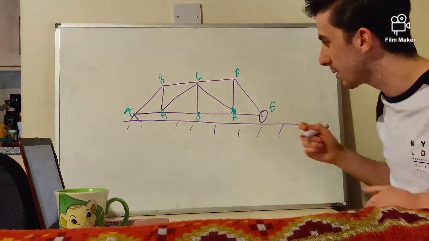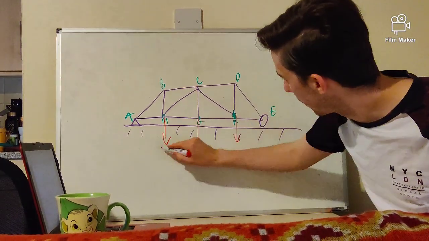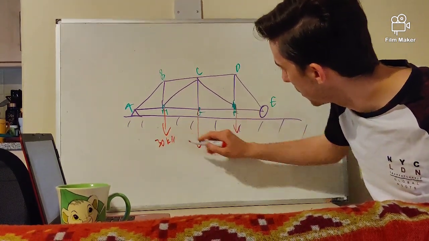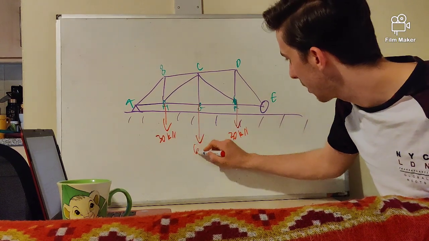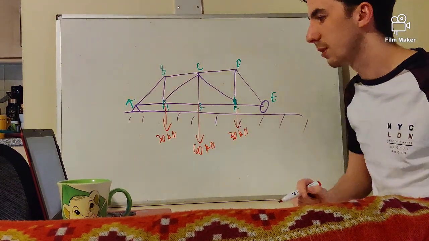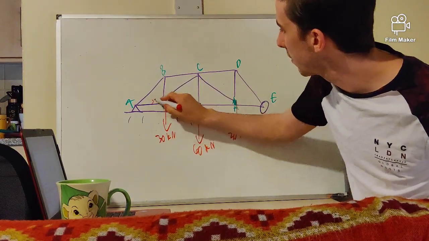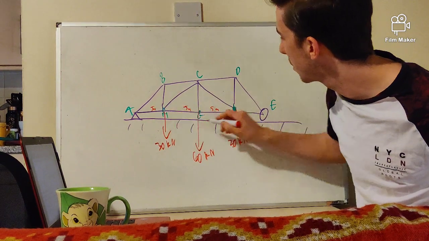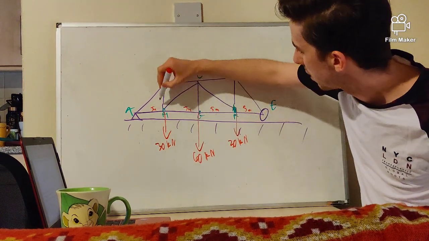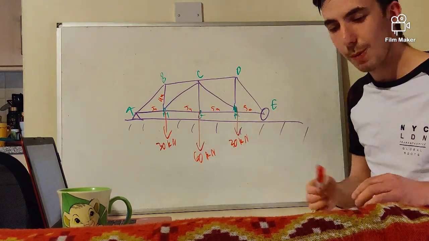So on these we have loads of 30 kilonewtons, 30 kilonewtons, and 60 kilonewtons. So on that, and then the lengths, we've got 5 meters, 5 meters, 5 meters, and 4 meters, which means that because that's the same height all the way across,